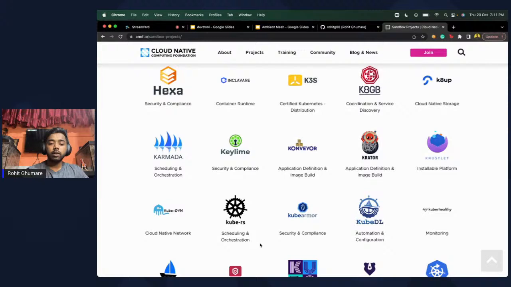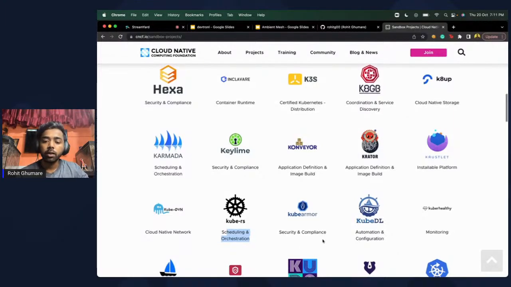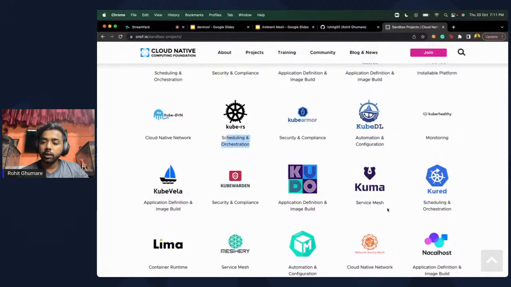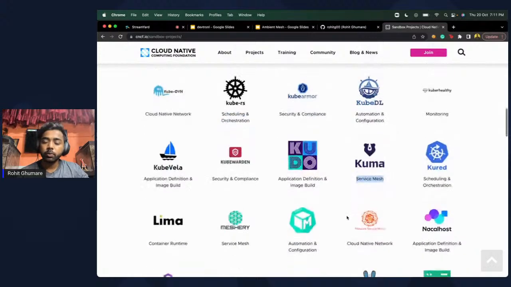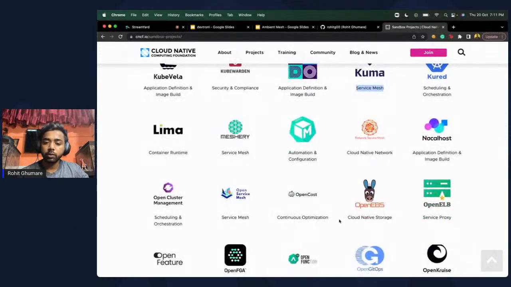As you can see, orchestration is mentioned. Orchestration is similar to Kubernetes and OpenShift, which you are already using. Another thing is this is showing us service meshes. There are various companies in the service mesh. We will talk about the same. But yeah,